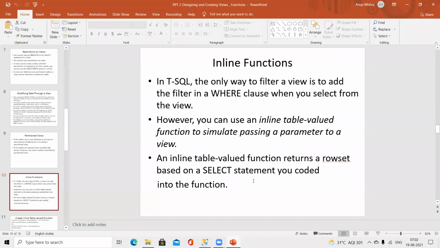Hi everyone. So yesterday we talked about views. We talked about the different types of views that we can have, whether we can modify the data through the view or not, and if yes, what are the limitations of that. So we learned all of that. Today